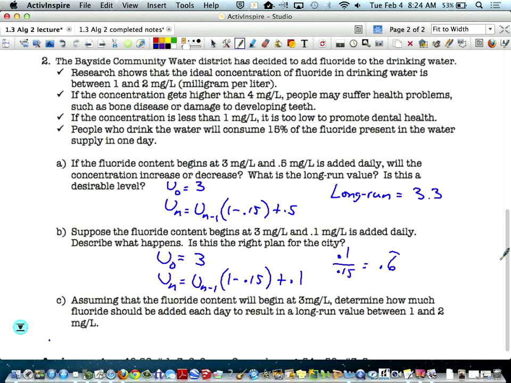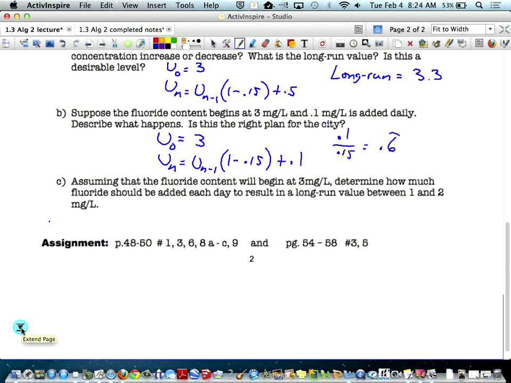So the last question is, let's go ahead, assuming that the fluoride content will begin at 3, determine how much fluoride should be added each day to result in a long-term value between 1 and 2. So quickly, with somebody sitting near you, make those calculations. So as we look at it, what we're trying to do is find a long-run value between 1 and 2. So I know that we're going to keep it to be 0.15. And what we're going to be doing is switching